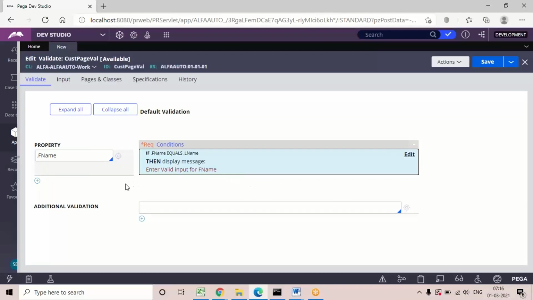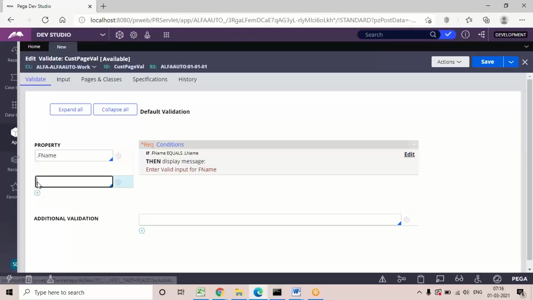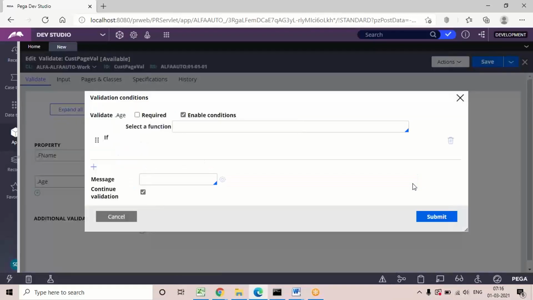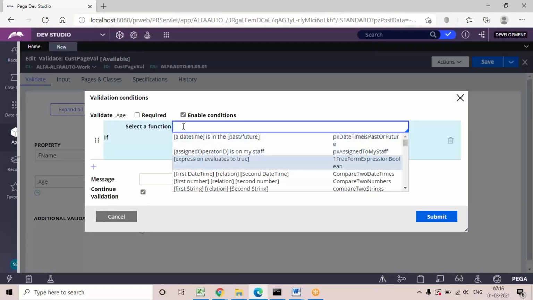So this is one property. Now the second one: I want to set a condition for the age property, that the age limit must be between 20 and 70. So choose the property age. Here age is an integer property, so we can go with the function first number relation second number. This one we can use to compare any integer properties.